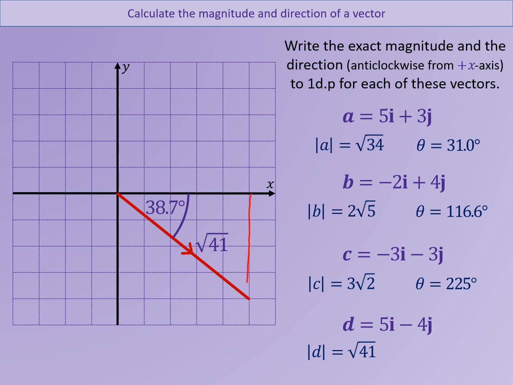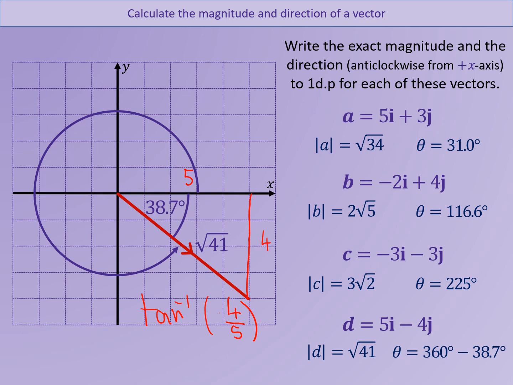Where has that come from? Well, we have a length of 4 and 5 on this right angle triangle. So we have the inverse tan of the opposite over the adjacent, and that gives us 38.7. We need this angle going all the way around from the positive x-axis, travelling anti-clockwise. That's 360 subtract 38.7, which is 321.3. So what you should take from this, the most important thing, whenever you're trying to work out the magnitude and the direction of a vector,